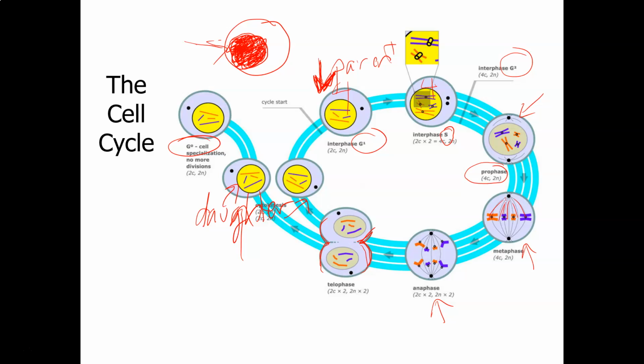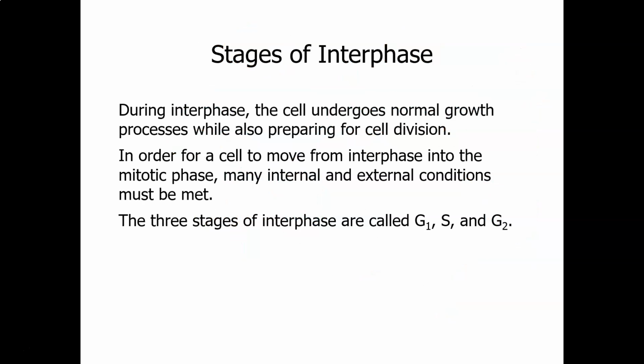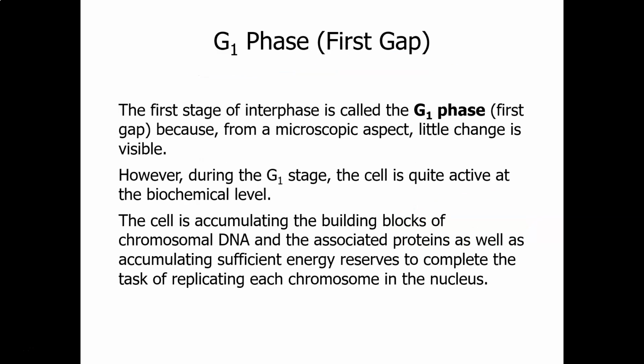So, beginning with the stages of interphase, we know that there are three stages called G1, S, and G2. I think of the G as growth and the S as synthesis. They call it the first gap phase, but I just always remember it. G stands for growth because that's really what's happening. So the G1 phase, the first gap phase or growth phase,